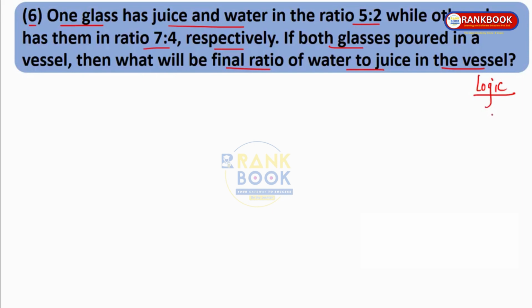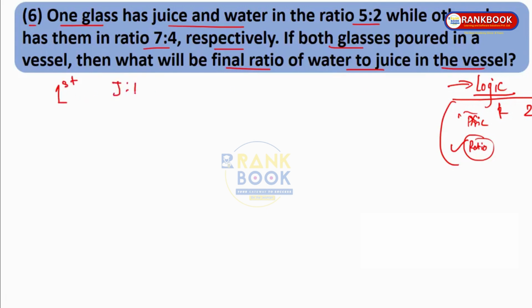When do we use formula and when do we use logic? Now in formula what we have is the price and the ratio of quantities, that is in what quantity we have to mix them. Now even if there is no price, if there is some other quantity, generally here we get the ratio of quantities in which we have to mix, right? So whenever we have to find ratio of quantities in which we have to mix two objects, 1 and 2, then only we can directly use the formula. Rest we can solve by normal logic. Let us see what logic we have to use. Now over here, this is the first glass, okay?